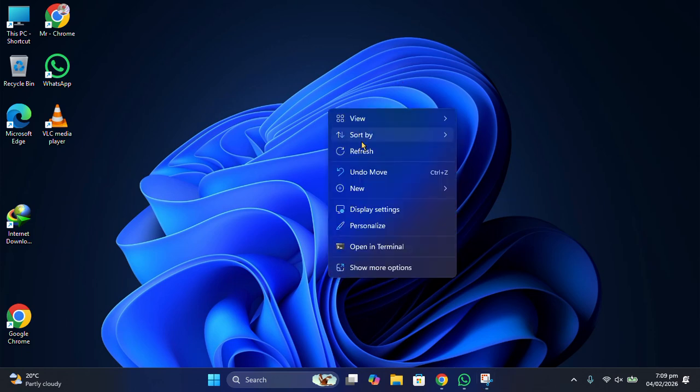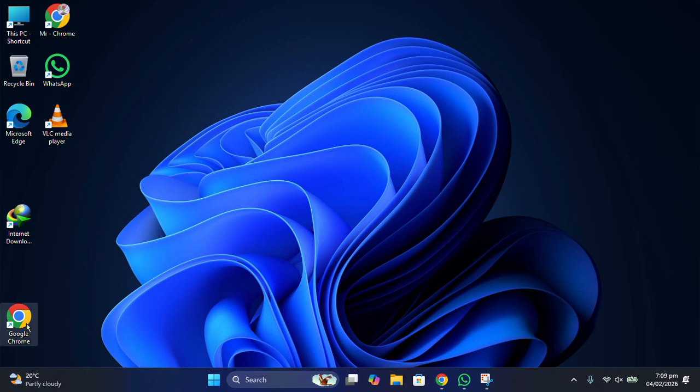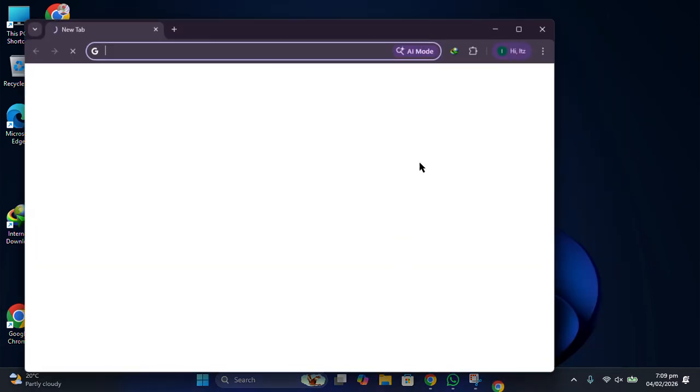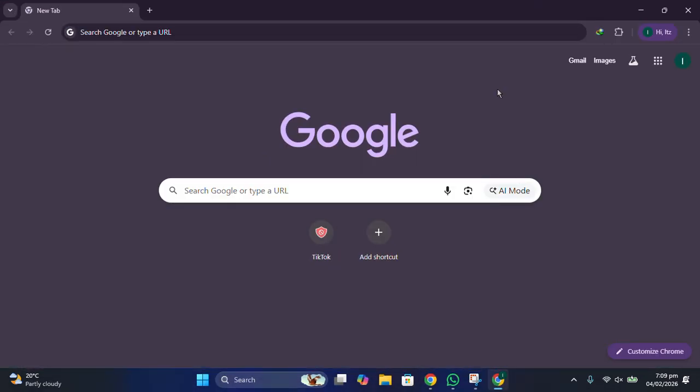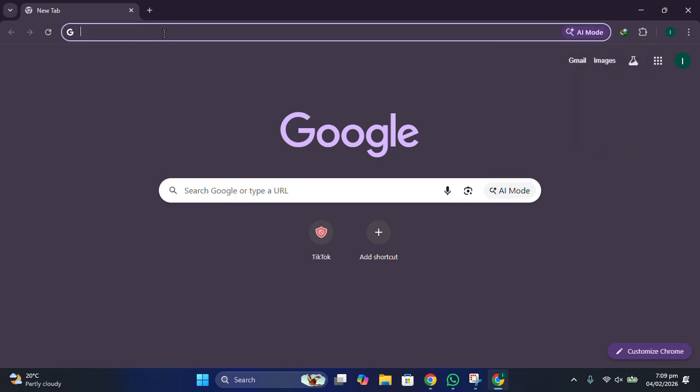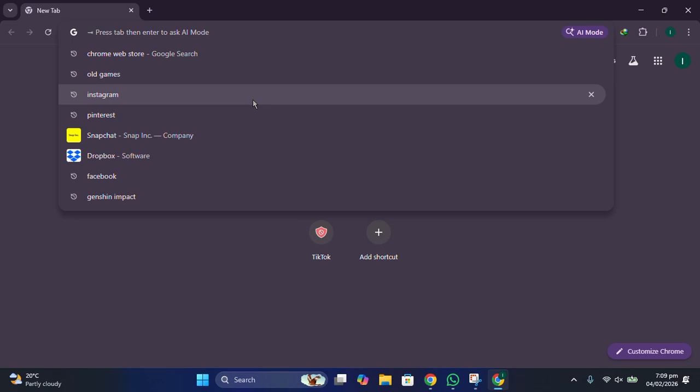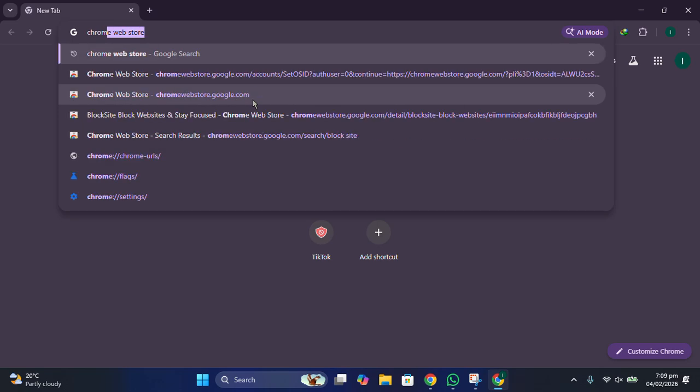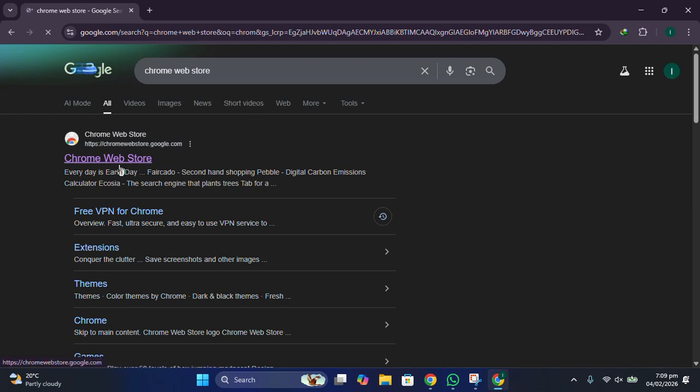You just have to simply open your browser, your Chrome here. I'm going to open my Chrome, and here you just have to add an extension to your browser. So to do this, go to the search option here and search for Chrome Web Store. Just search for this, and here you'll see a website of Chrome. Just open this website,